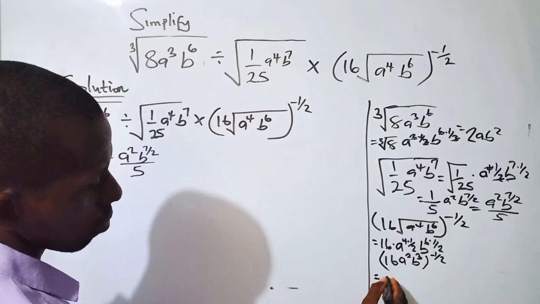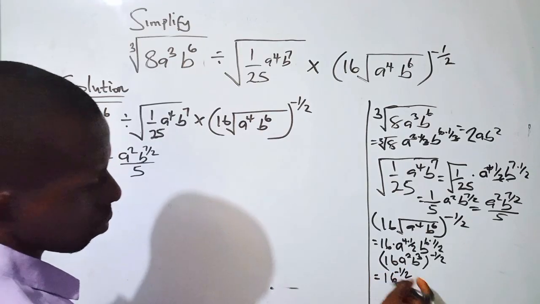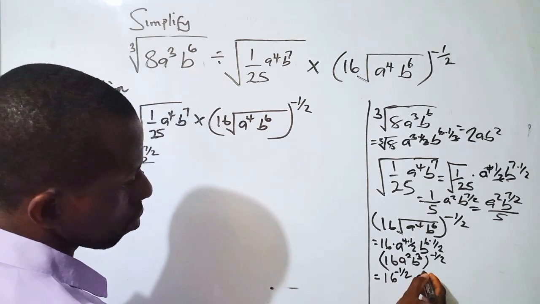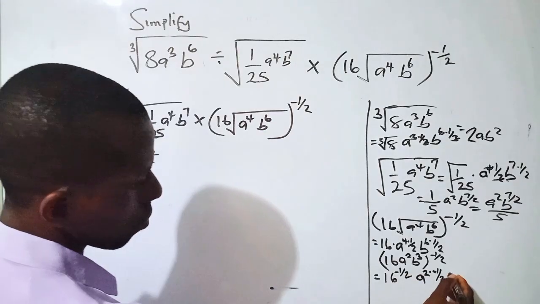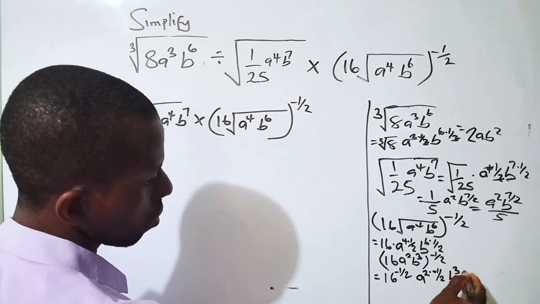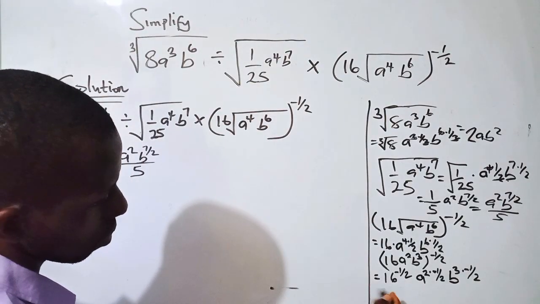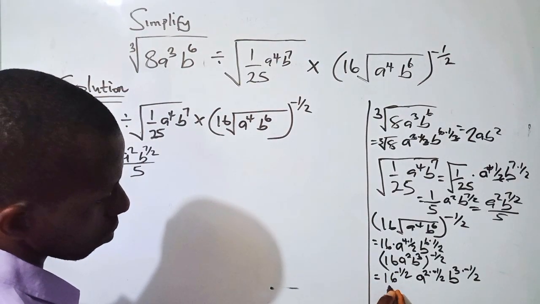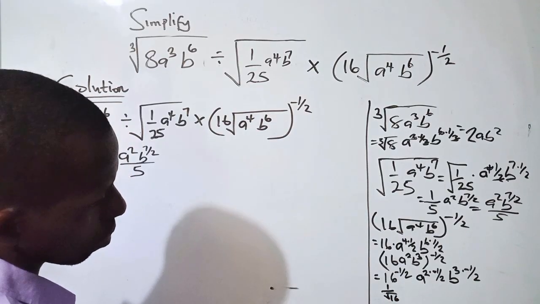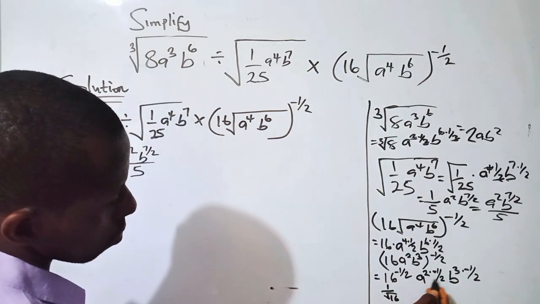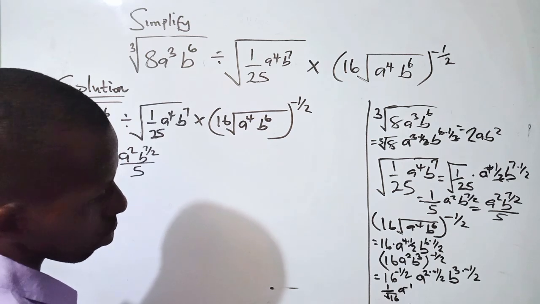So from here we have this as 16 raised to power minus half. We have this as a raised to power 2 times minus half. Here we have this as b raised to power 3 times minus half. We can express this further as a result of this minus. So we have this as 1 over the square root of 16. So when we multiply this, we have this as a, minus 1, this has cancelled this,